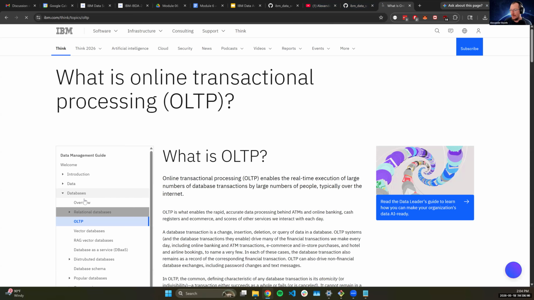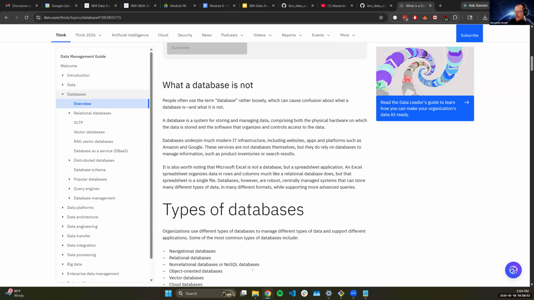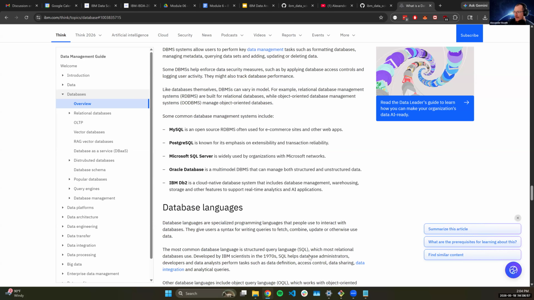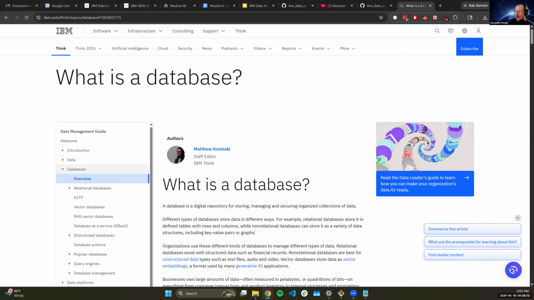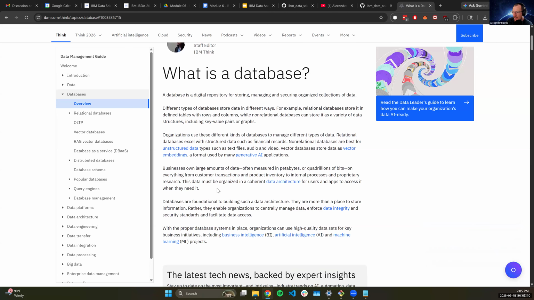So why not pull from IBM's own documentation, which I think is really good. We'll scroll through a few of these, I'll give you some of my own thoughts, and then we'll focus on a few things. I think it's a really interesting article about what a database actually is and what the importance of it is, right? Typically, when we think of databases, you need to think of two types: relational and non-relational. You can also start thinking about vector databases as well, but depending on your definition, that could fall into its own other data store.